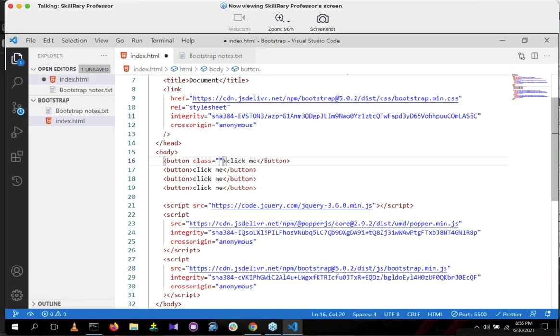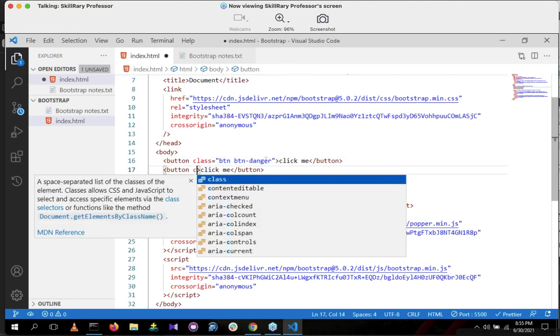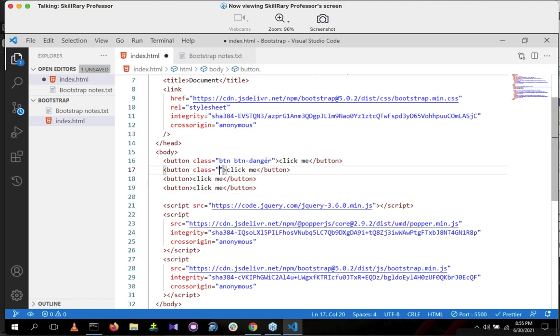Create one class. Class name should be btn space btn-danger. And one more button, create one more class, btn-danger, like this. Not danger, this time success.